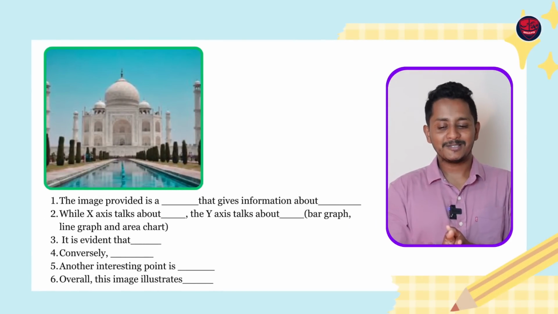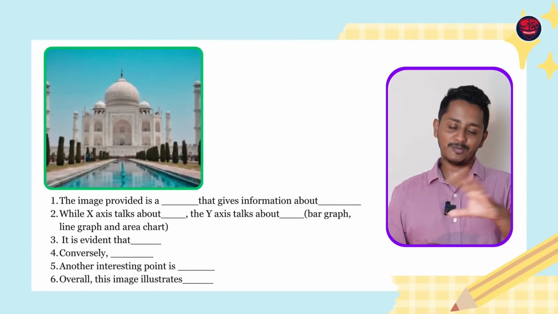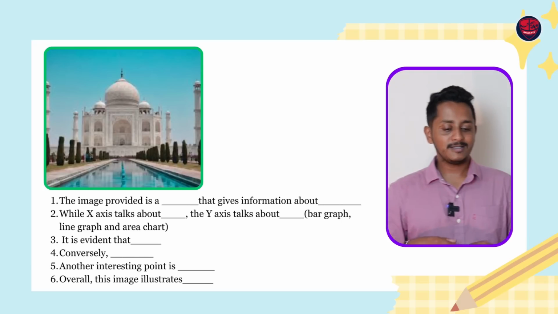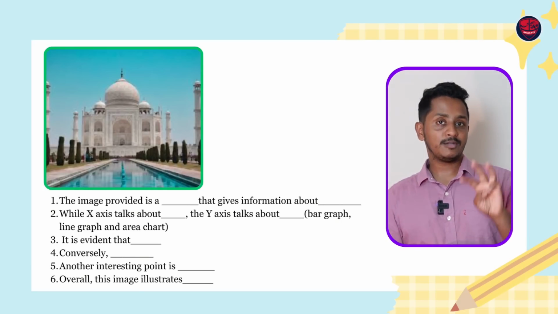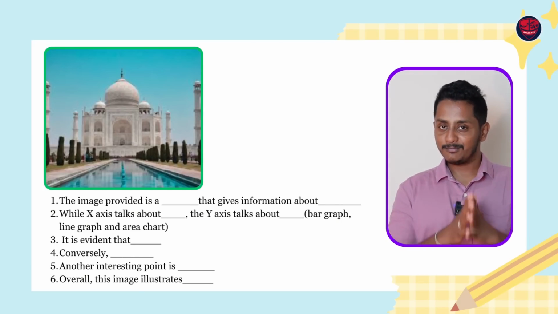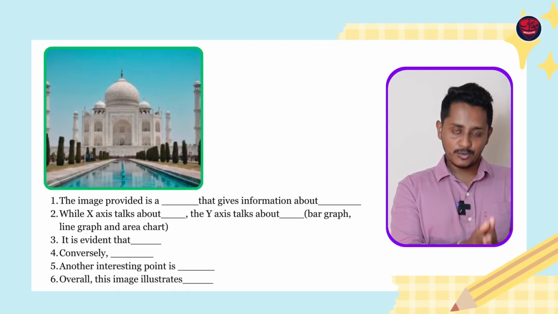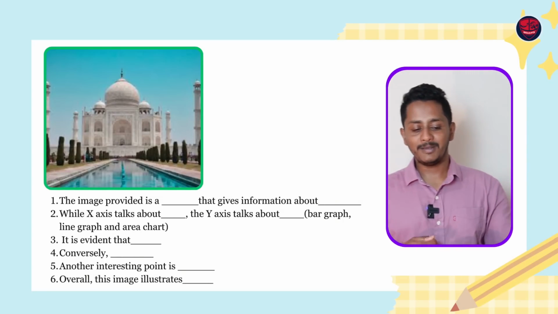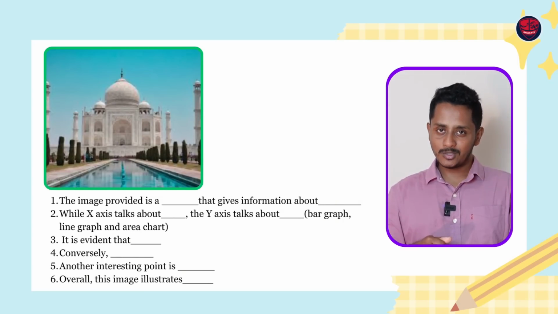The image provided is a picture that gives information about one of the beautiful buildings. Perhaps it is Taj Mahal. It is evident that this is going to be a dome-shaped structure with 3 domes which can attract a lot of tourists, and probably due to this a lot of tourists do come, and is evident in the picture as well. Conversely, you can see 4 pillars, big gigantic pillars colored in white, 2 on the left and 2 on